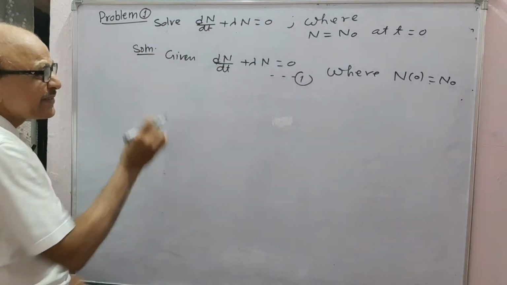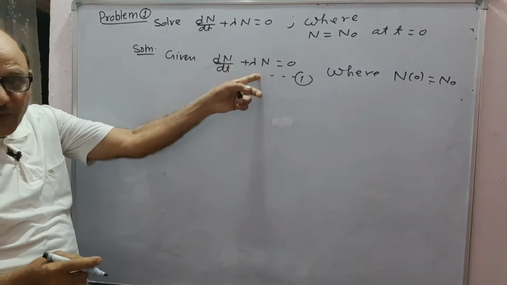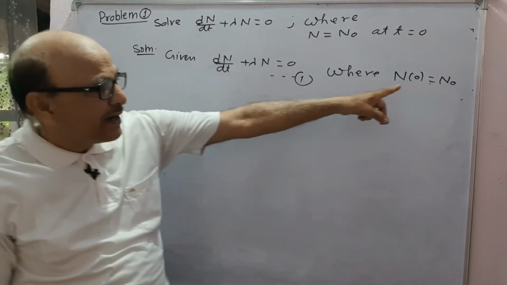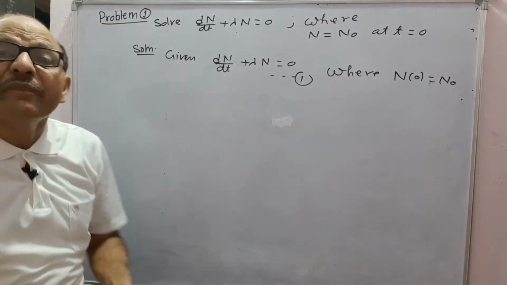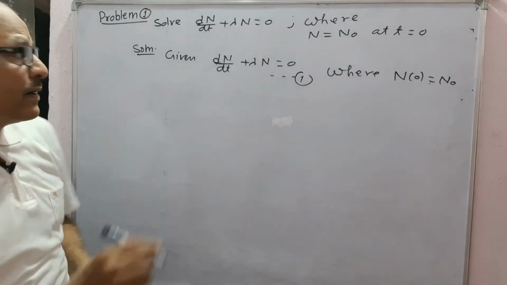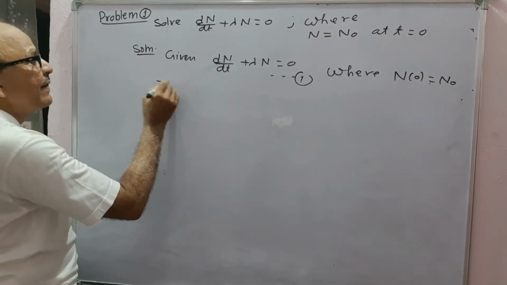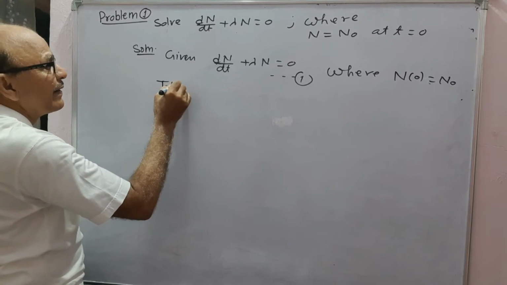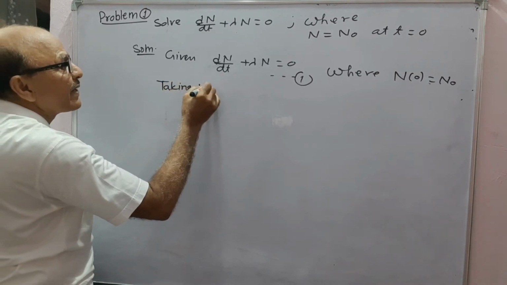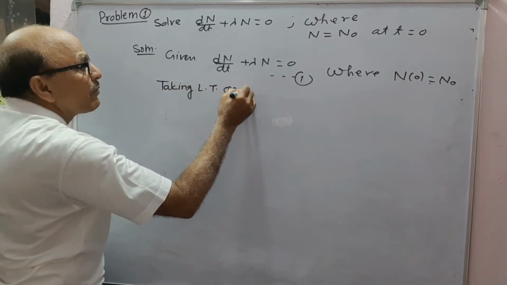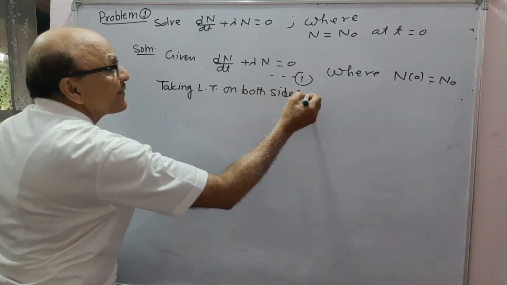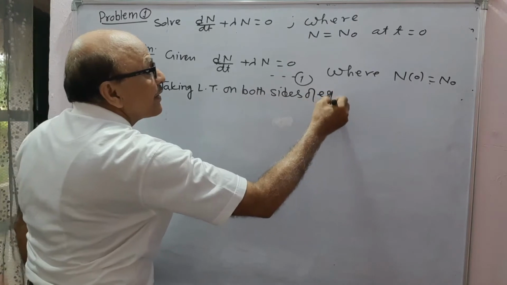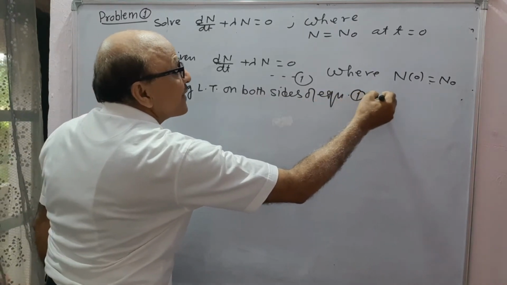Now in step 1 we take the Laplace transform of this equation and apply this initial condition. So, taking the Laplace transform on both sides of equation 1, we get